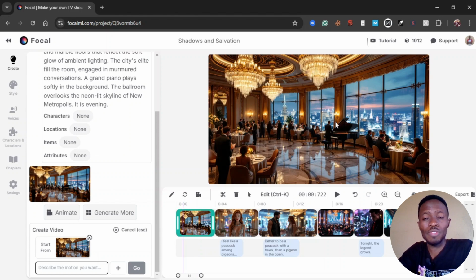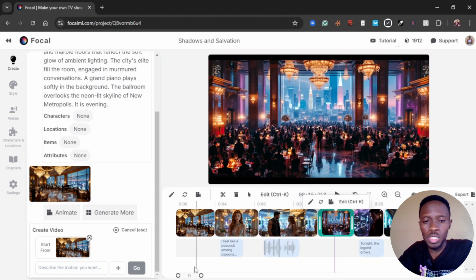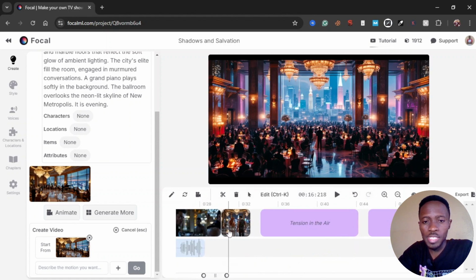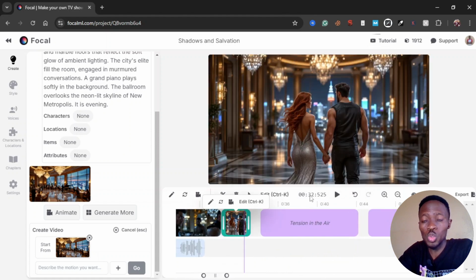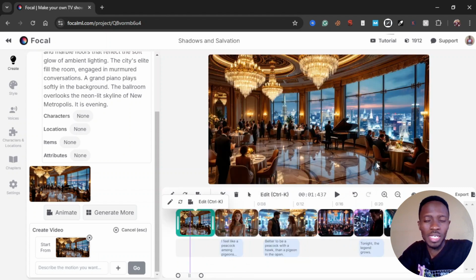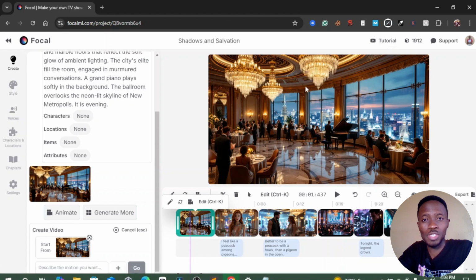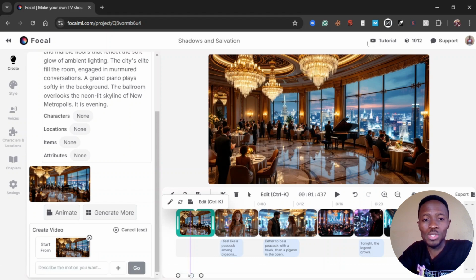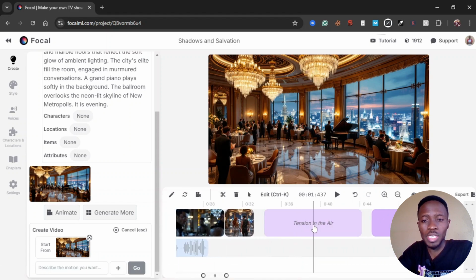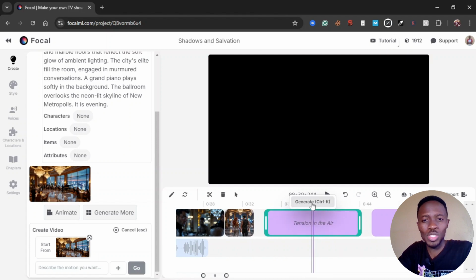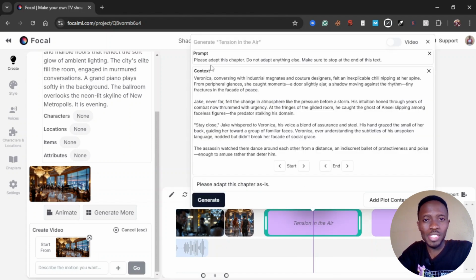So far, for the first scene, we have this duration of footage, and when you click on the last image, this is where you would see the duration that you have for the first scene as generated by the AI. Now, if we like this first scene, all we need to do is just come back to this part and click on this to generate the second one. And this would now run as we've done the first one. And all we need to do is just click on generate if we want to allow the AI to do